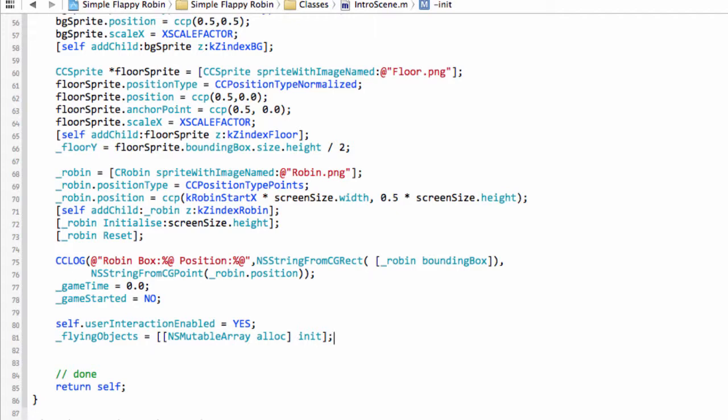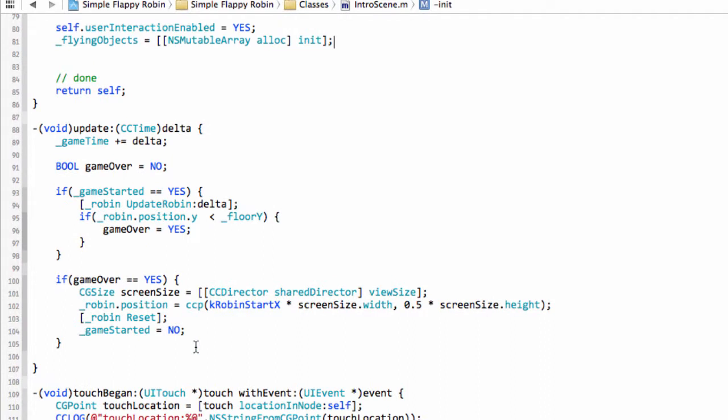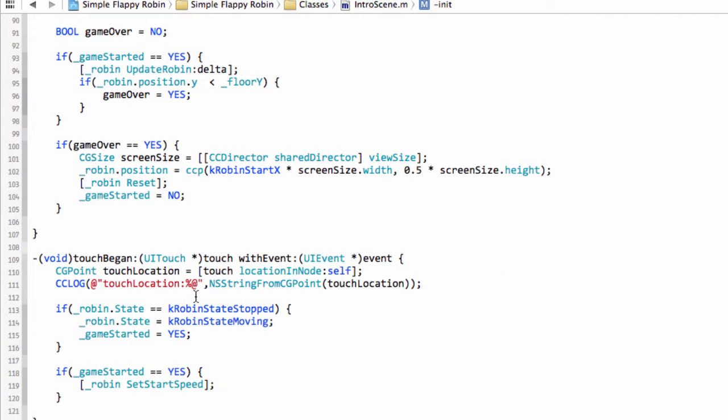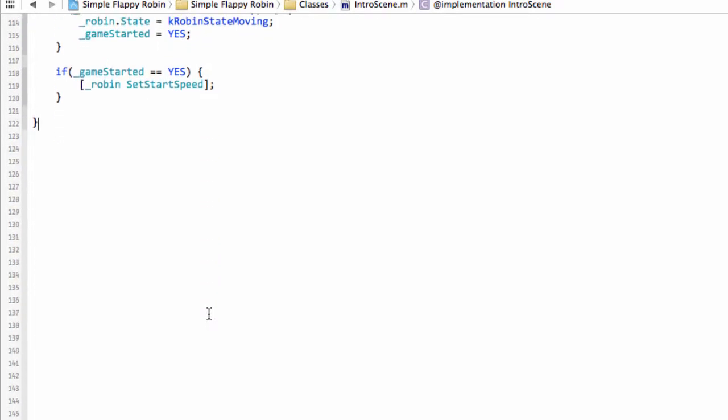To make sure everything's initialized. And now what we're going to do is write some functions to do the starting and the stopping of our objects, and then also the adding of our objects into the array. So to get on with the starting and the stopping, right at the bottom of the file,